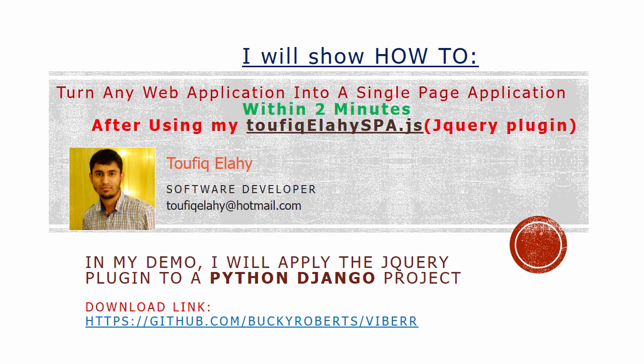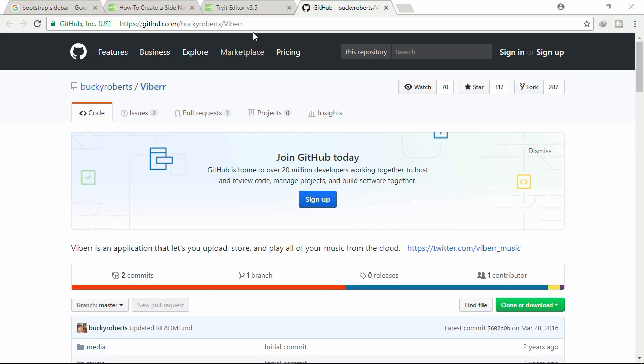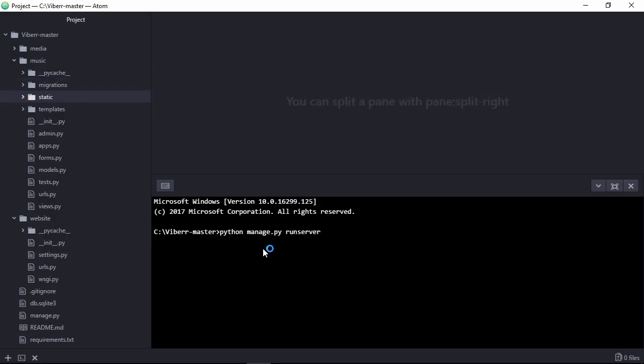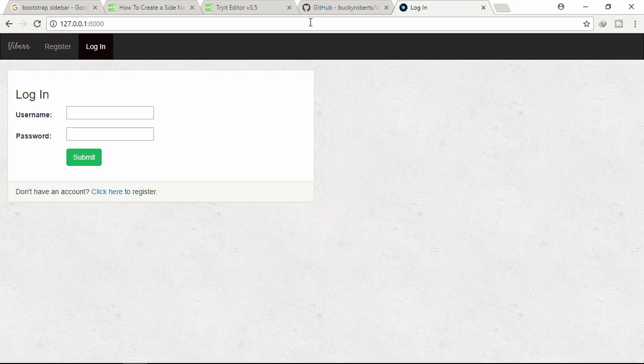Today, I will show you how to turn any web application into a single-page application within 2 minutes after using my jQuery plugin. In my demo, I will apply this plugin to a Python Django project. Let's download a sample project. I already downloaded the project from this link. Let's run the project. Let's log in